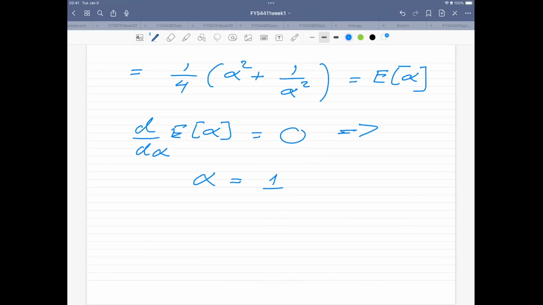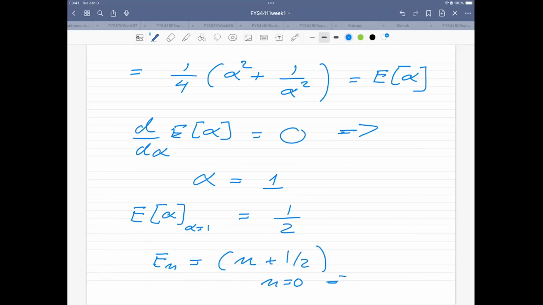And you see now that if I plug in alpha equal to 1, then E of alpha at alpha equal to 1 is simply 1/2. And if I go back to this expression which I had, E_n, which in this unitless expression was given by n plus 1/2, and then you put n equals 0, then you see that the exact answer, E_0, is equal to 1/2. Now, you can get